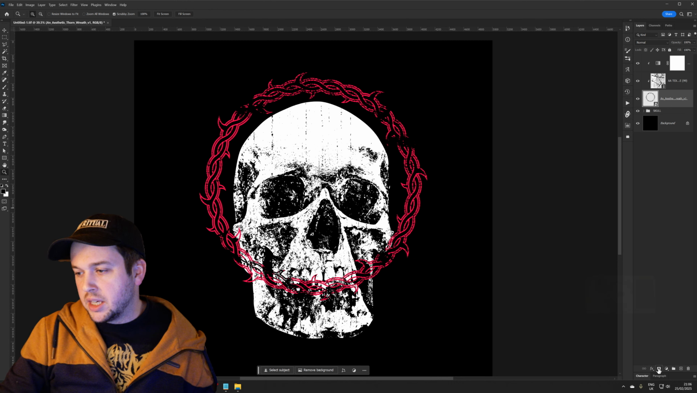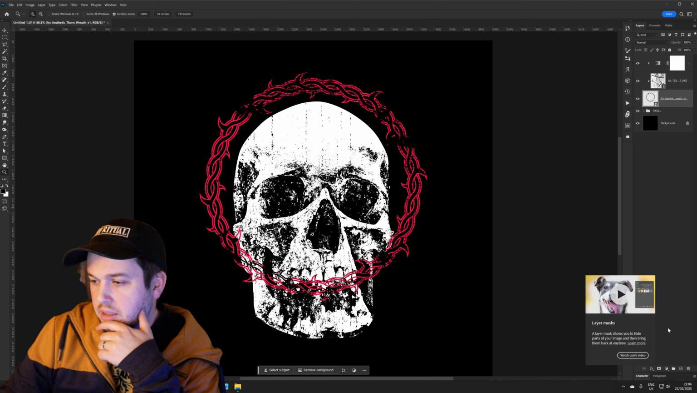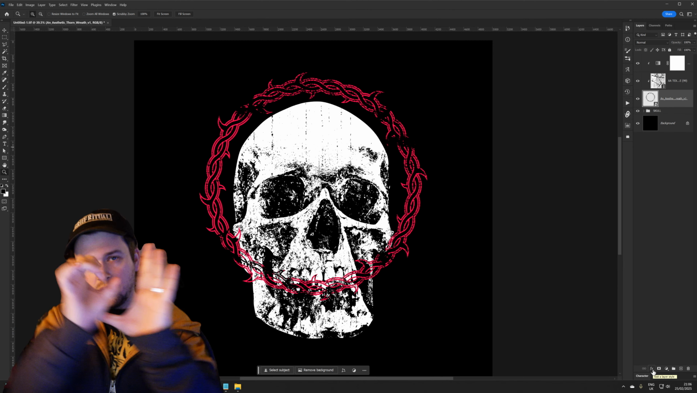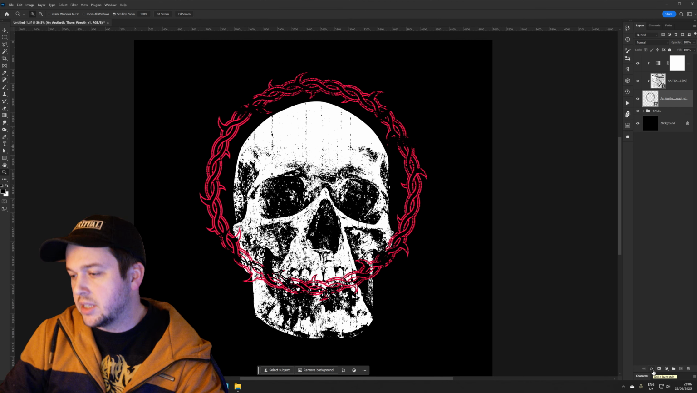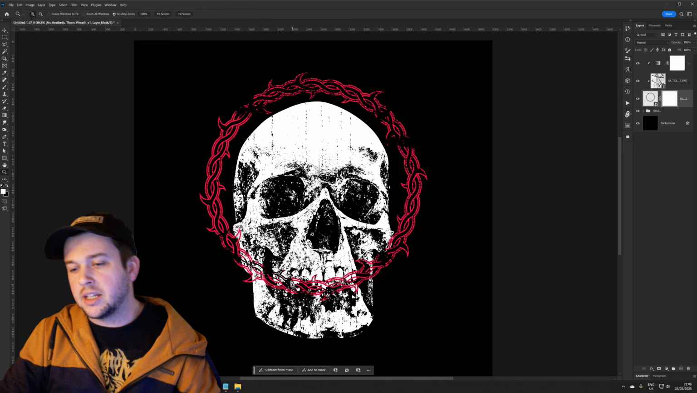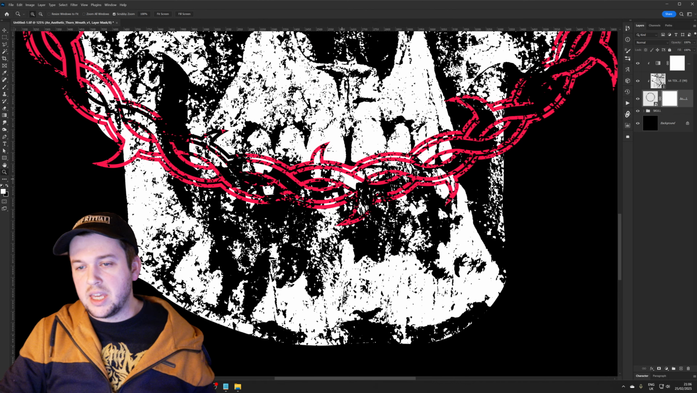To do that, what I want you to do is, with your wreath layer selected, come down to the bottom of the layer panel and click the rectangle with a little circle in the middle of it. That is layer masks. That will create a layer mask. And then if you zoom in to this area,